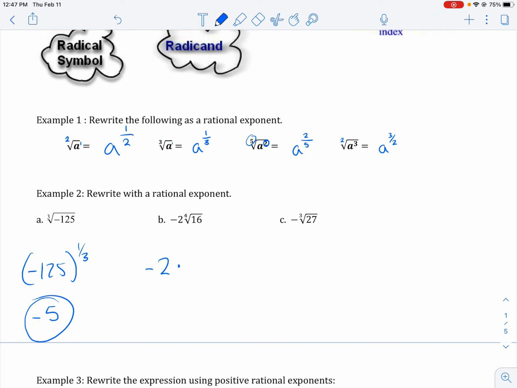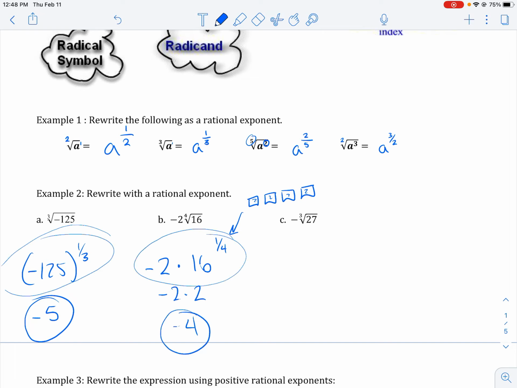This would be negative 2 times 16 raised to the 1/4 power. That can also be simplified. This guy right here is what times what times what times what is equal to 16. Well, if you recall, that was a 2. So 16 to the 1/4 power is just 2, and negative 2 times 2 would be a negative 4. Even though it's not telling us to simplify it, I'm doing it anyway,